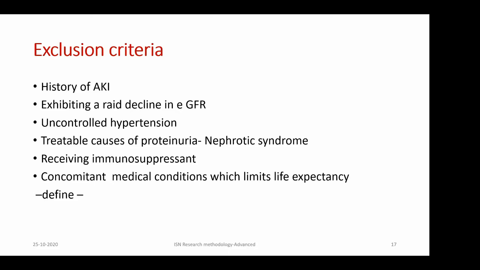Then since we are recruiting patients with more than 60 ml GFR, there's a possibility that we might encounter quite a lot of nephrotic syndrome patients who have a different prognosis, who have different management guidelines, and we have to exclude them. We have to exclude patients receiving immunosuppressants. You can put kidney transplant as an exclusion criteria, because apart from the proteinuria and the native kidney disease, there might be other factors operating in the kidney transplant patients. And people with a limited life expectancy. Again, this needs to be defined. It should not be left to guesswork for the recruiting personnel.